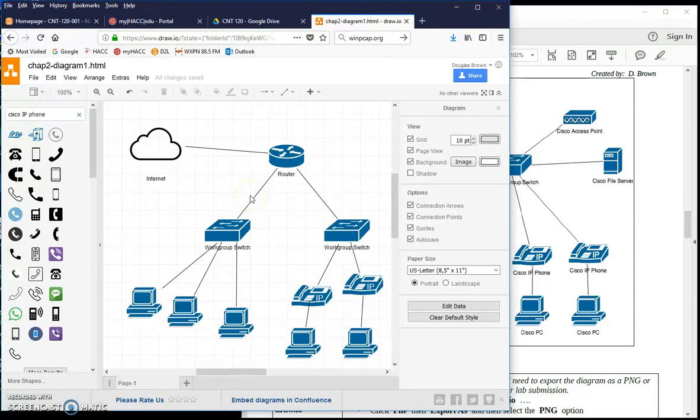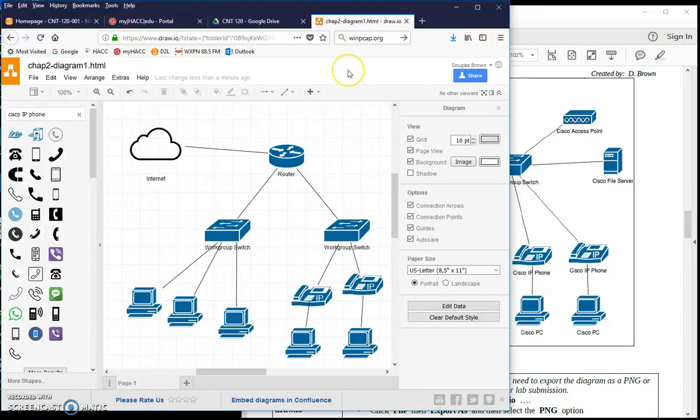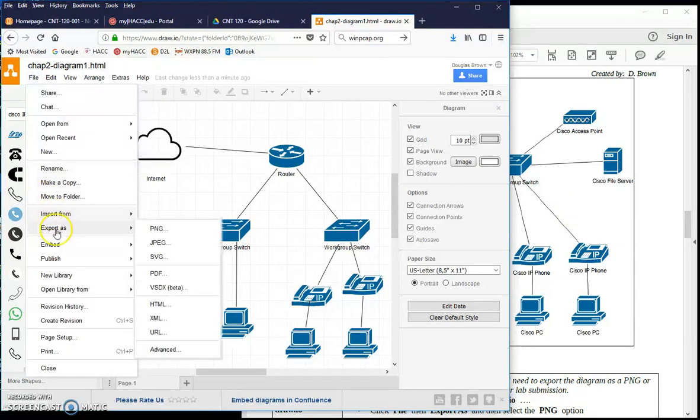And when I'm done, it's saving as I go. You notice it's saving onto my Google Drive as I go. I'll come up here on my Google Drive. Here is my Chapter 2 Diagram 1. There he is. Once I'm done, I need to export this in a manner that I can submit it to D2L for my lab. So what I will do is I'll come over here and I'll go File, Export As, and I'll keep it simple. I'll do PNG,